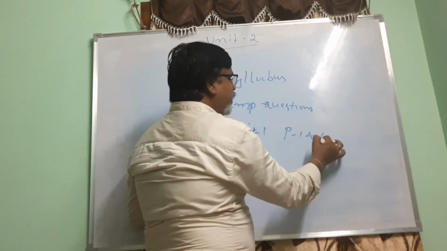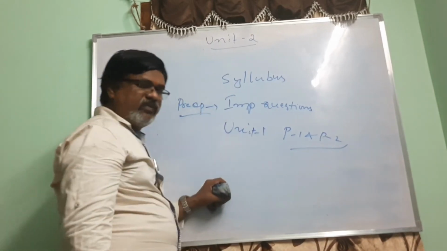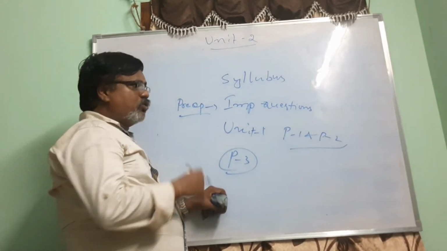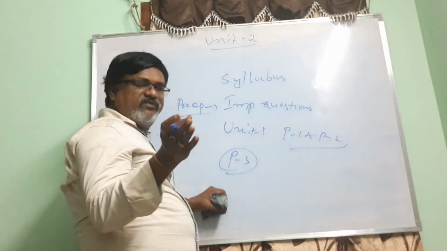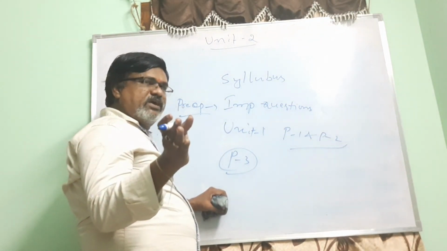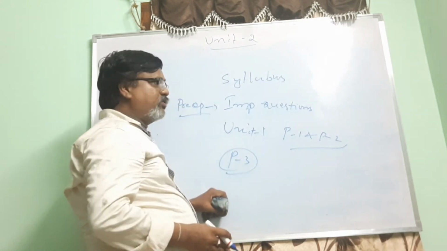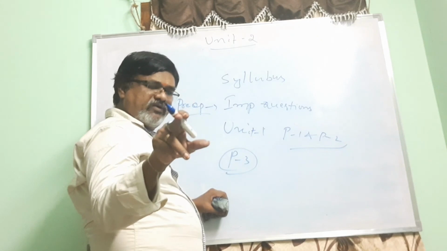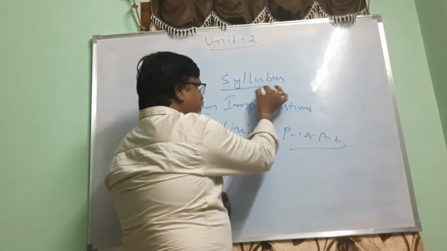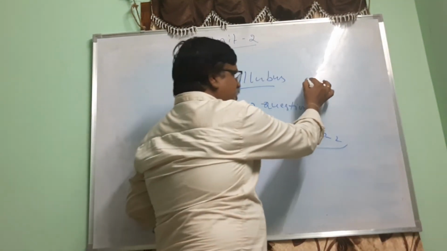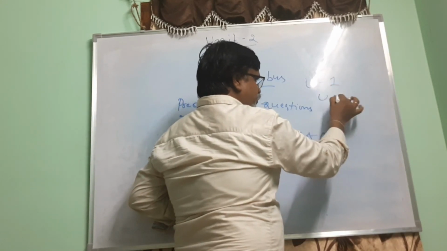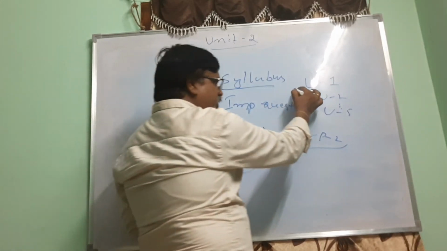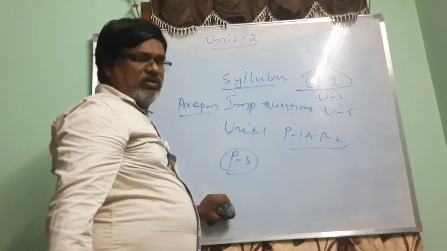Unit 1, part 1 and part 2 I have already posted, and part 3 I will post soon. So if you have already been shared the links of all the subjects, you just click on that link, you will find my notes in my subject. My subject will have a separate folder. In that separate folder, there is one more folder, syllabus, and there are unit 1 to unit 5, like this 5 unit folders are there. In unit 1, if you go through, you will find the notes for that.